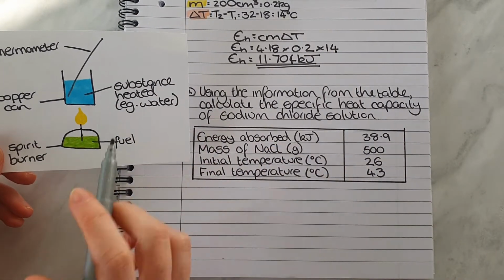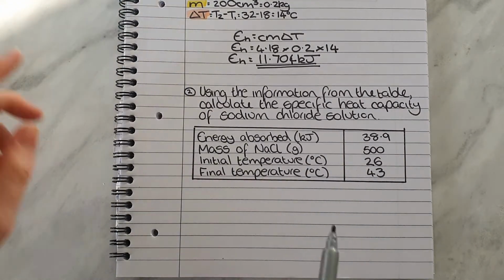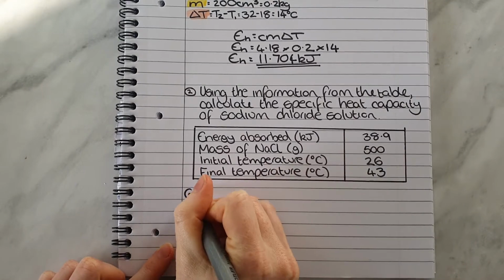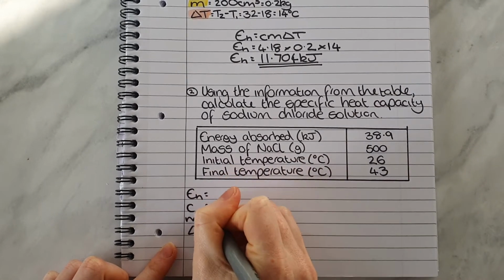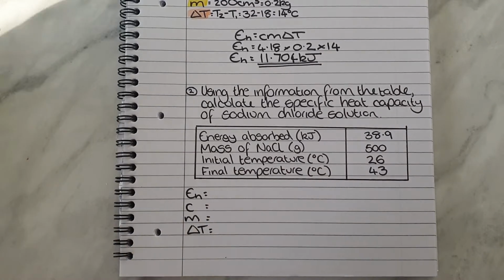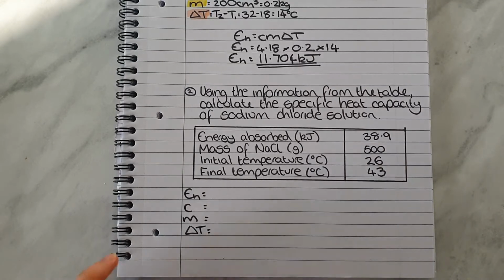You have a mass of what's in the can, and you have the temperature values too. So if we write out the 4 things we need and try and pull them from the question,